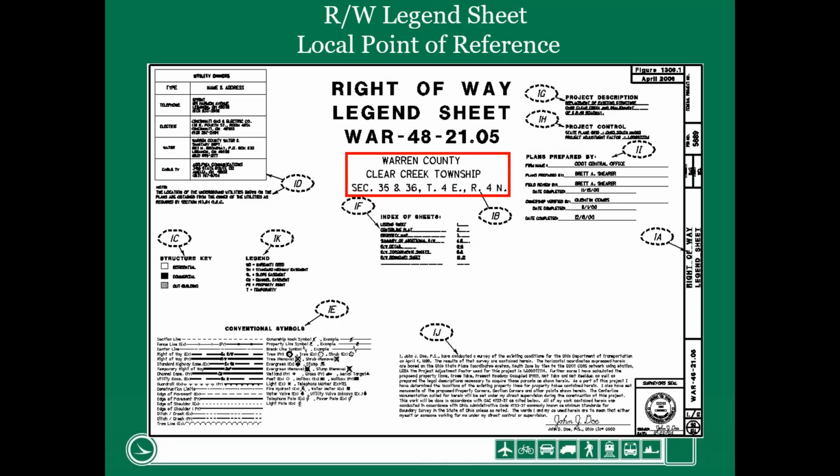And the other thing that happens in right-of-way plans is we not only talk about the county, we talk about the township, Clear Creek, which is a political township. Oftentimes, depending on where you're at in the state, we break it down into what we call the surveying subdivisions, or public land surveys, is what it's really called. So different parts of the state have different land survey types. There's a Virginia Military District, for example.